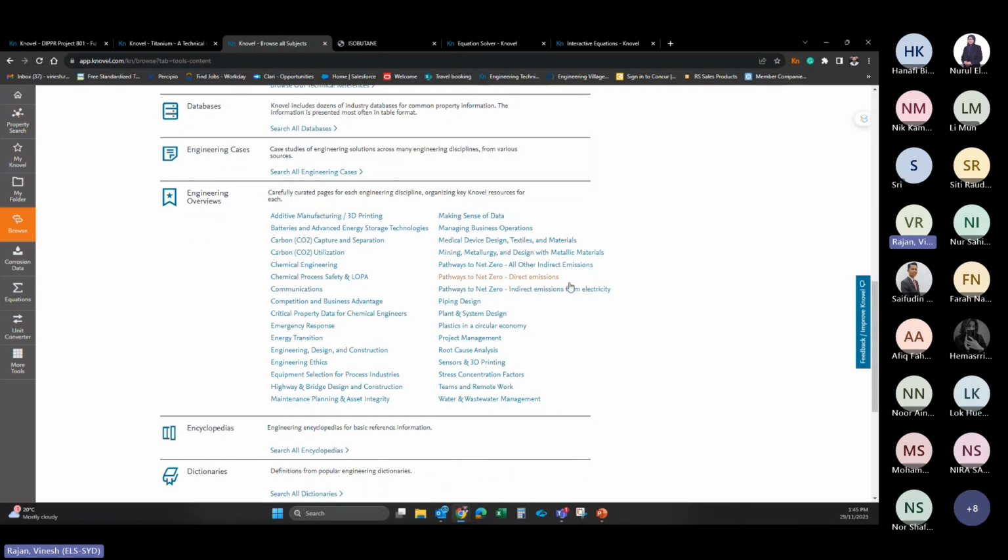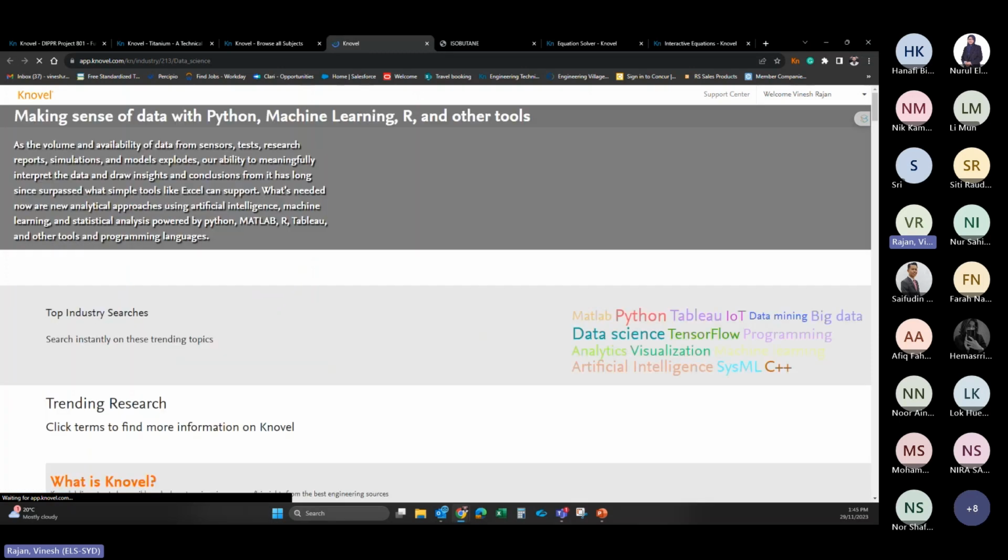Now, this is something that I would really highlight to not just the students, researchers, and faculty, but also to the library to be able to use and understand the various use cases of Knovel for different applications. Now, here are a lot of different overview pages. For example, I am a student in artificial intelligence, machine learning, computer science, and I'm working on data science as a topic. I can click on this topic called